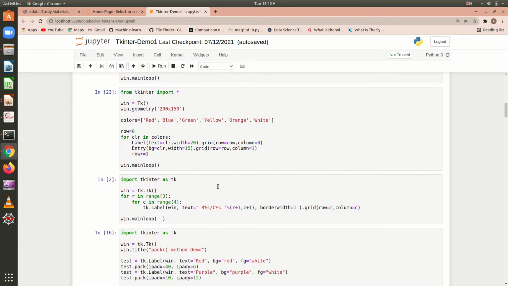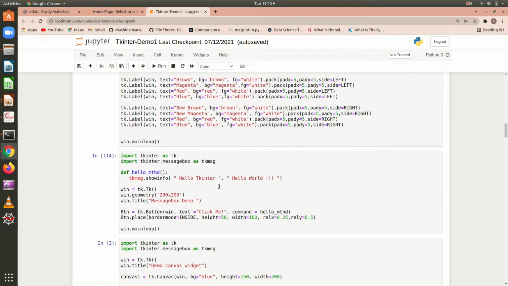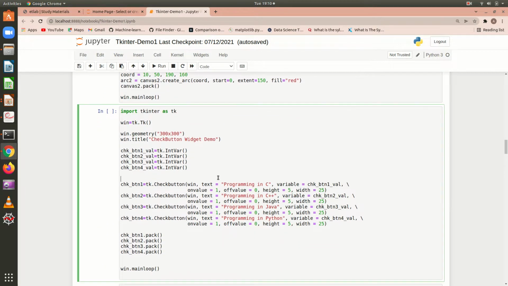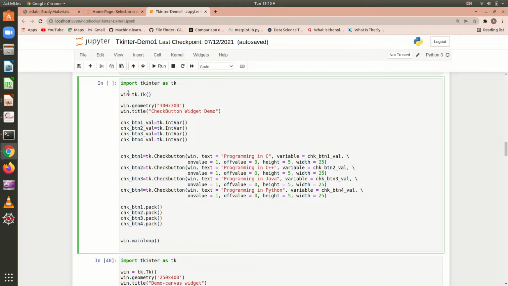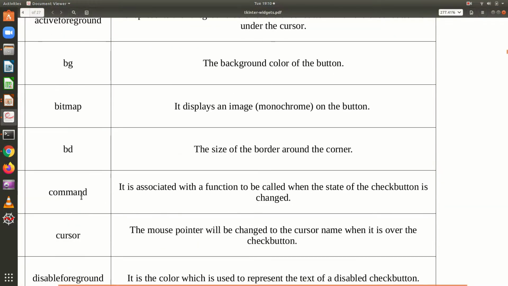Let us see the checkbox example. This is the checkbox example. So we'll see how the background and foreground colors can be modified. Then the command: what function is to be called when the state of the check button is changed.